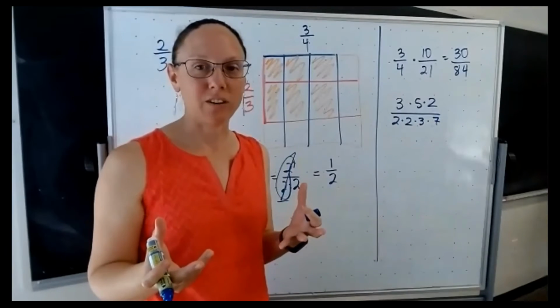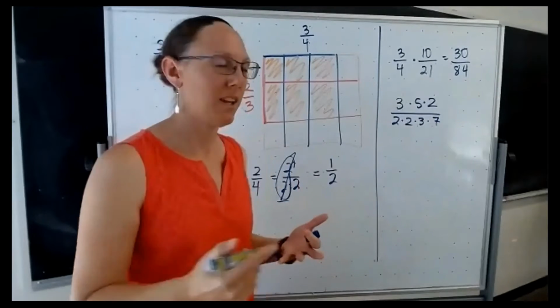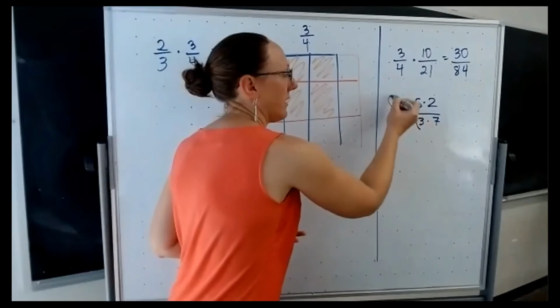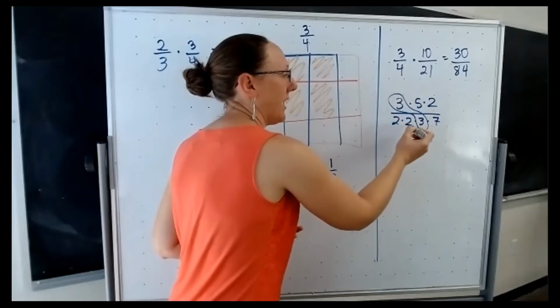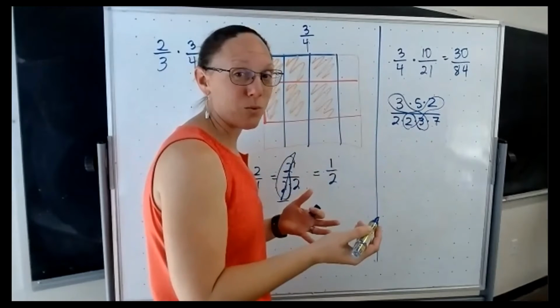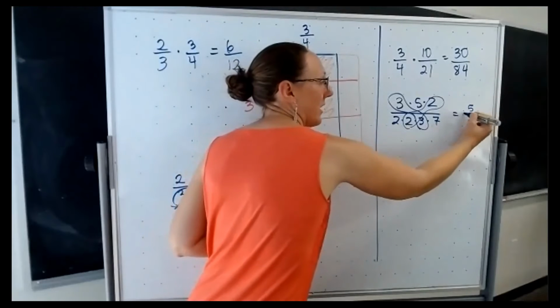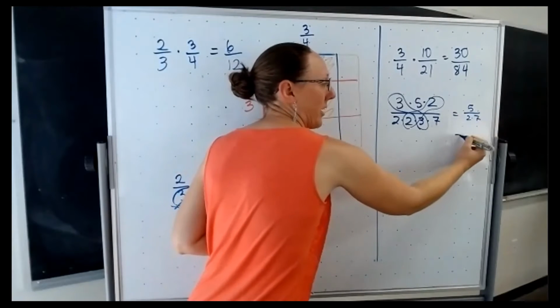Because it's all multiplication, now I can group the things to find my invisible ones. 3 over 3, that's a 1. And 2 over 2 is also a 1. And I know I made this really messy now, but I'm down to a 5 on the top and a 2 times 7 on the bottom, or